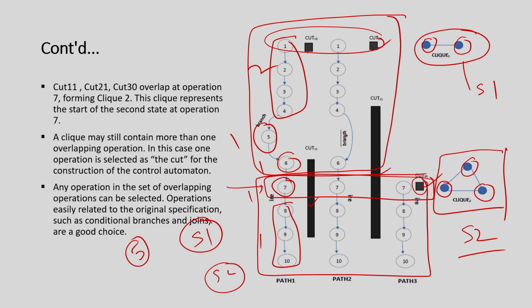So, I conclude here. In the next class I will continue this discussion of path based scheduling, where I am going to talk about what operations are to be put in every state, what the transitions will be, what the condition of the transition will be, and how we will generate the data path. That part is to be discussed in the next class.